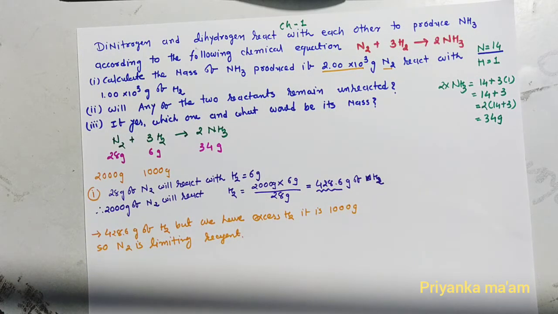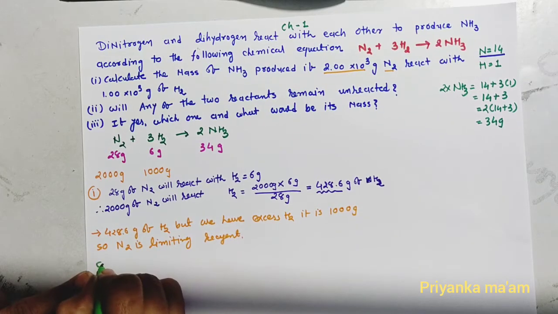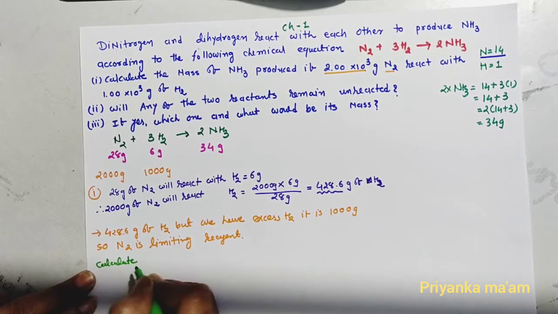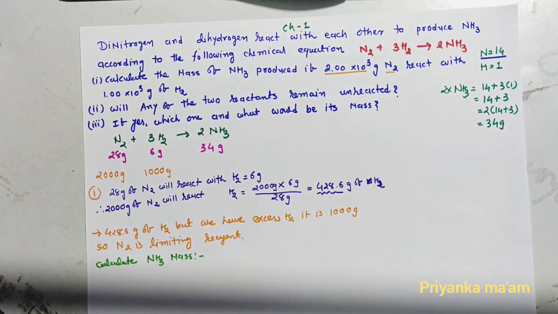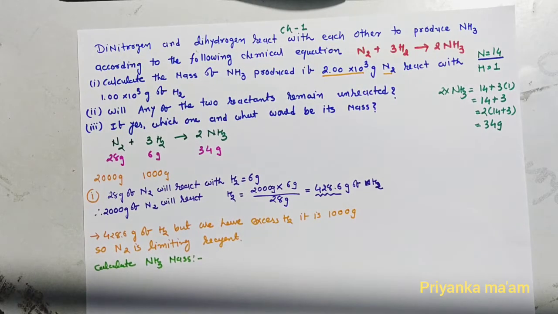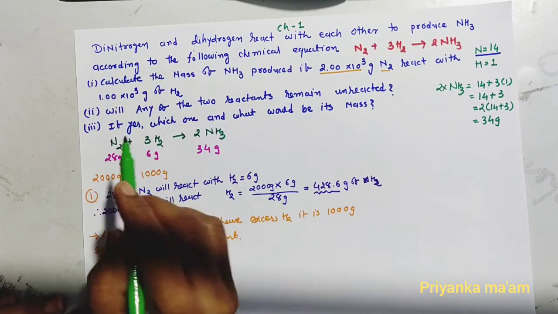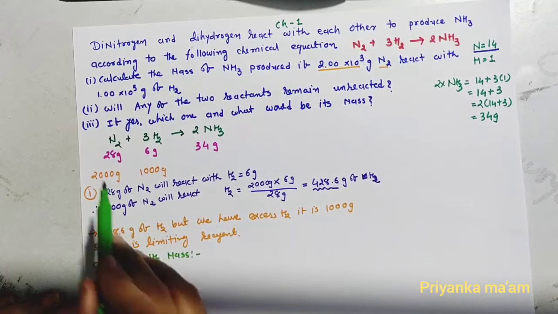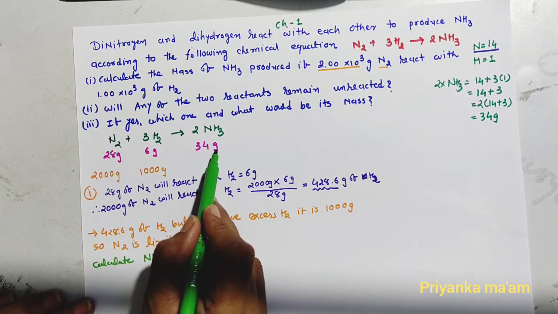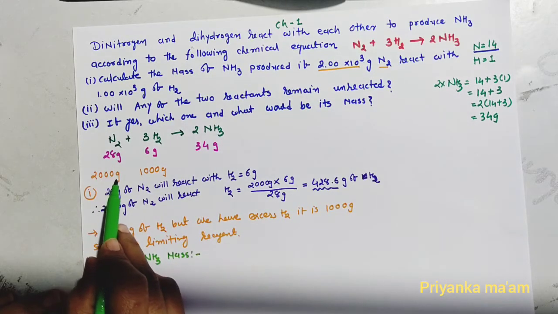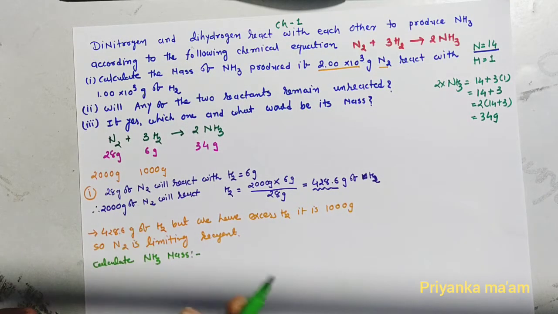Now, second is calculate NH3 mass. सी स्टूडेंट, इतना याद रखो, जब भी एमोनिया का मास फाइंड करना है तो जो लिस्ट रिएजेंट है, जो लिमिटिंग रिएजेंट है, उसी के कंपेयर में करना है. सो किसका रिलेशन लेंगे? N2 इज अ लिमिटिंग रिएजेंट. सो 28 ग्राम N2 प्रोड्यूस 34 ग्राम एंड एमोनिया. सो 2000 ग्राम ऑफ N2, how many produce ammonia, right?